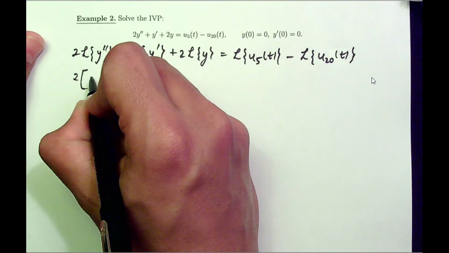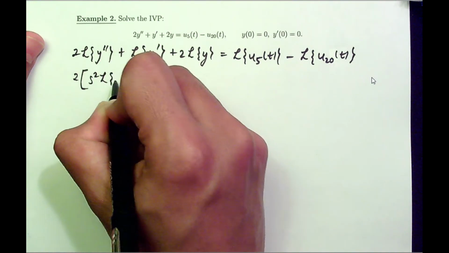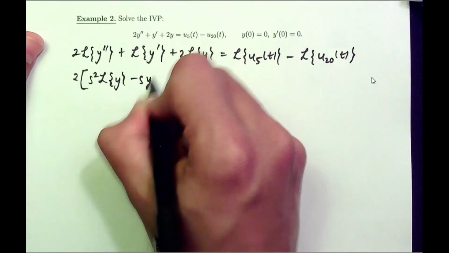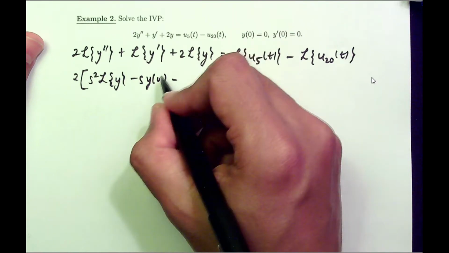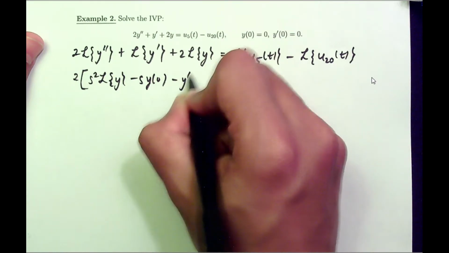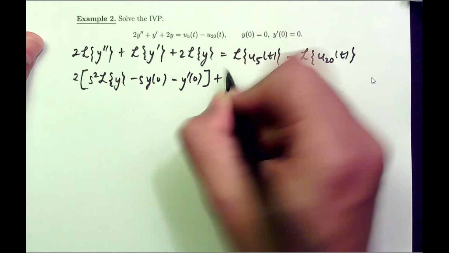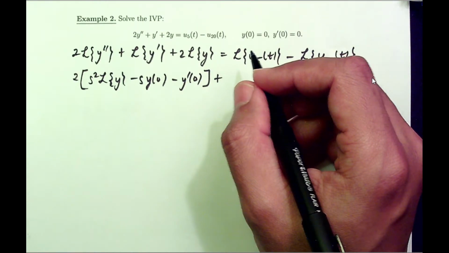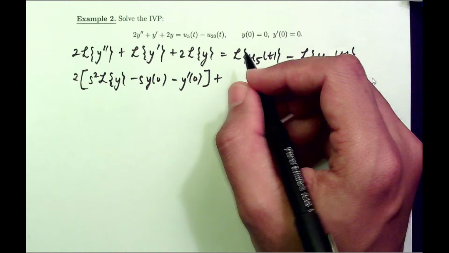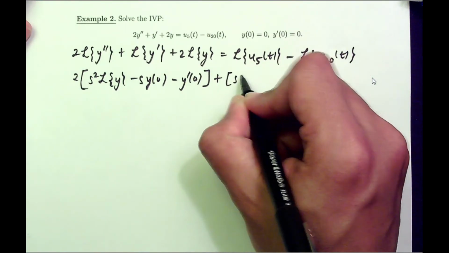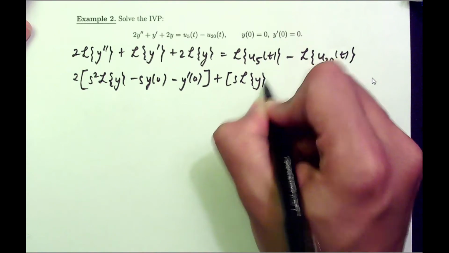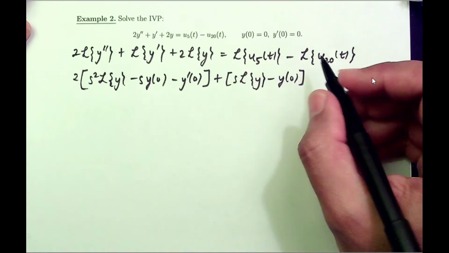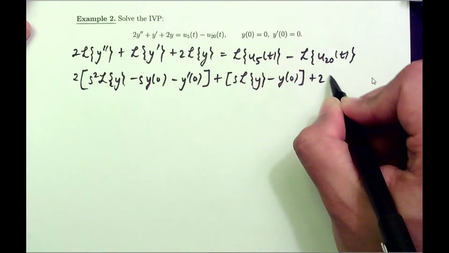So s squared times the Laplace transform of y minus s y of 0, where y of 0 is y evaluated at 0, minus y prime evaluated at 0, plus, now the Laplace transform of y prime is s times the Laplace transform of y minus y evaluated at 0, plus 2 times the Laplace transform of y